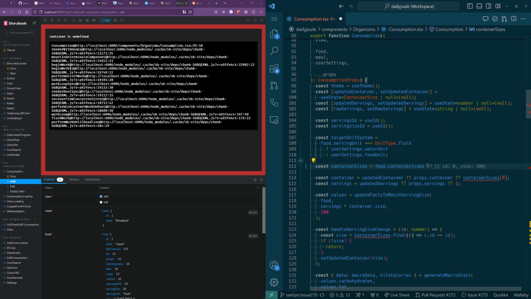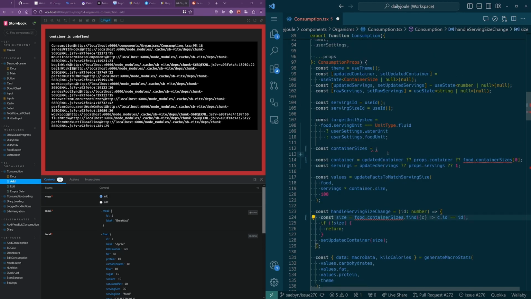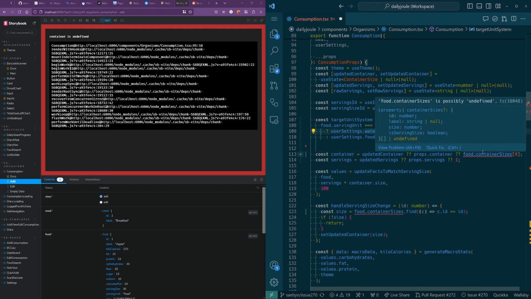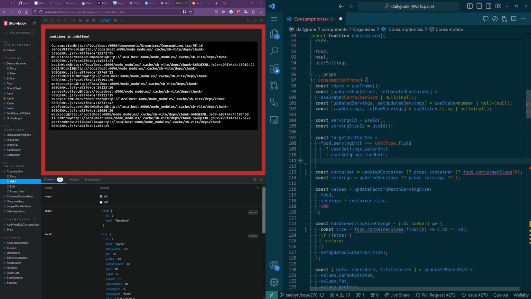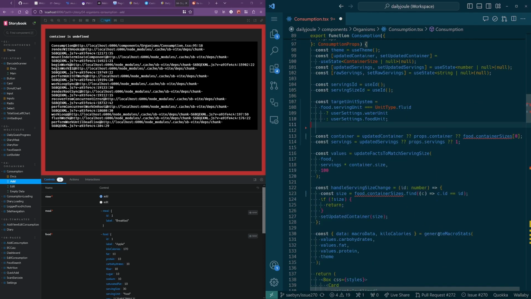So we should have the type error here, right? So if food.container sizes, and in fact, I don't know that we need to alias that. There we go. I think that's better. It's possibly undefined is true. True statement. We don't have any hooks past this, right? This is not a hook. Okay, so we can